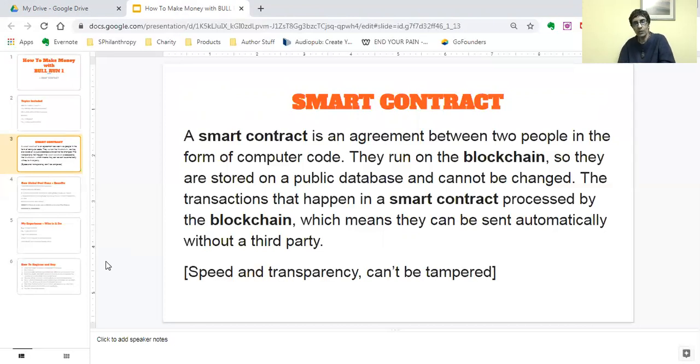And what the smart contract does is it takes all that out. That's why I've put in brackets that speed and transparency are key benefits, and it can't be tampered with, because by virtue of a smart contract being written in computer code, with algorithms put in place, what that means in essence is that once the criteria of that contract is met,